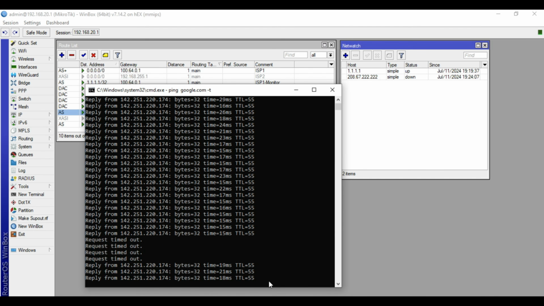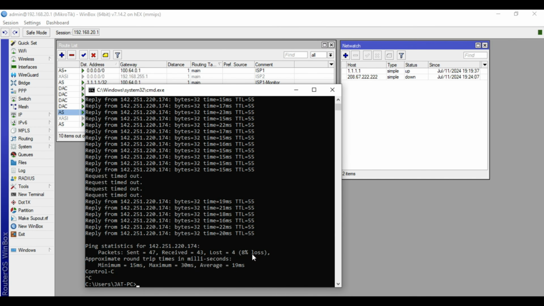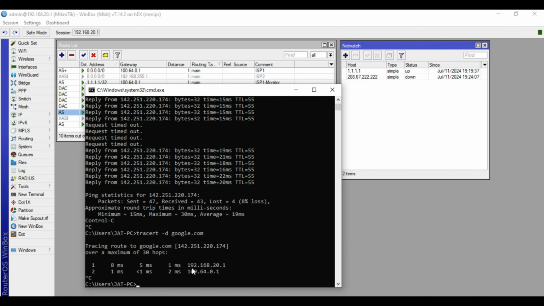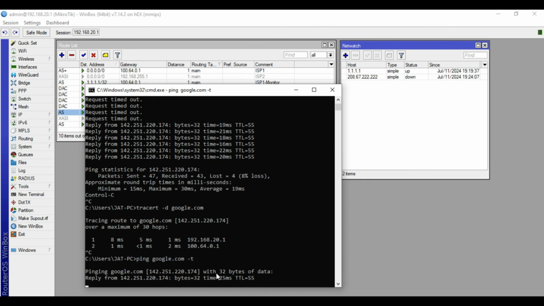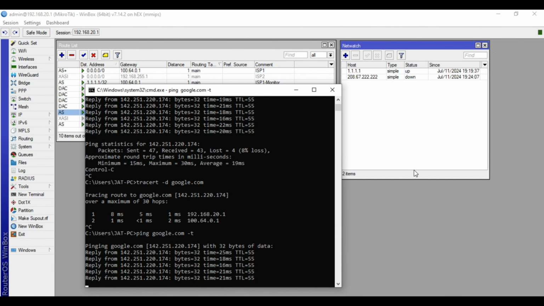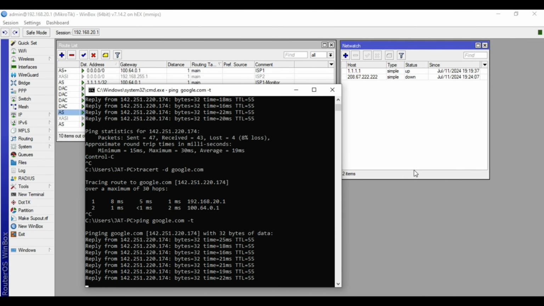Alright, as you can see, it's now reachable again. When we do trace route, we are now routed to ISP1. I will do a ping test again. Then I will simulate that the fiber cut is restored on the ISP side.